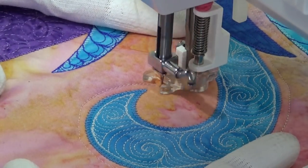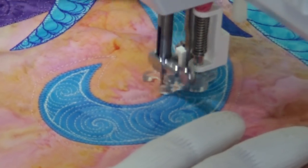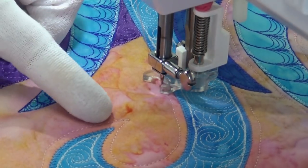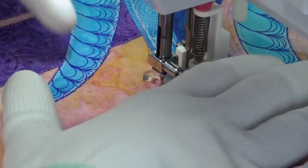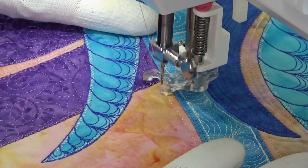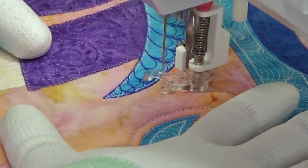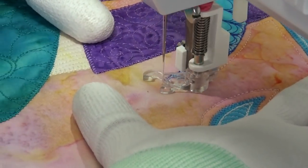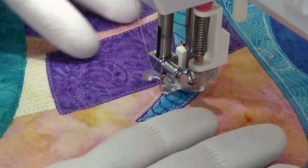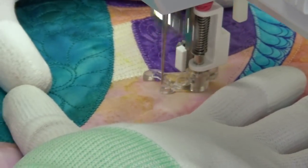But sometimes it widens out. Like right here, I've come out just a little bit further than I probably wanted to, and that's okay. I'm not going to go pick up a seam ripper and rip it out, because I know that ultimately that's such a tiny little thing. Who really cares if it comes out just a little bit more than other spaces? Same thing if my lines get a little bit closer together, or I forget to do the echo quilting completely. Let's say I narrowed this down and actually touched the edge of the applique and crossed over those other lines of stitching. Even that, I probably wouldn't rip out, because ultimately when you step back and look at it,